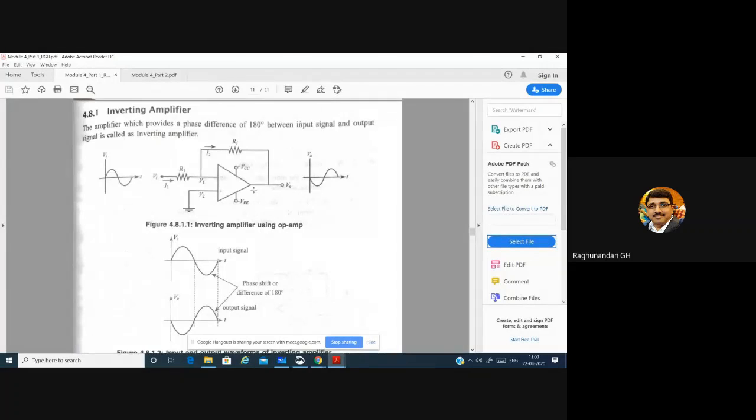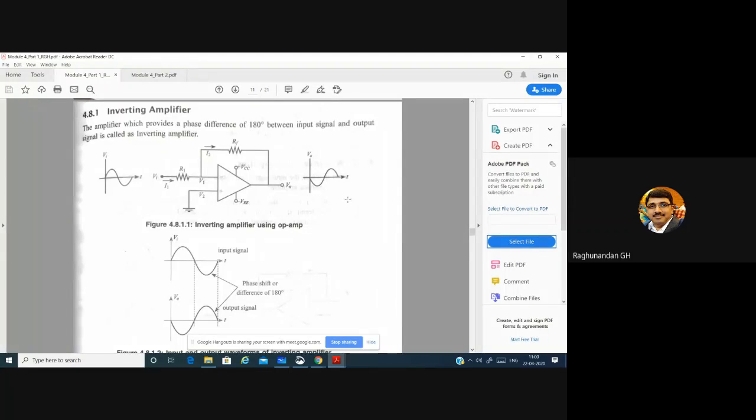Those are all known as DC amplifiers because there we were not using any capacitor. We were just using the resistance. But when it comes to AC amplifier, we'll be using capacitor along with it. Such kind of amplifiers are known as AC amplifiers. So there is just a small change over there. We just add some capacitor to filter out the DC component. For that purpose, we are going for AC amplifiers.